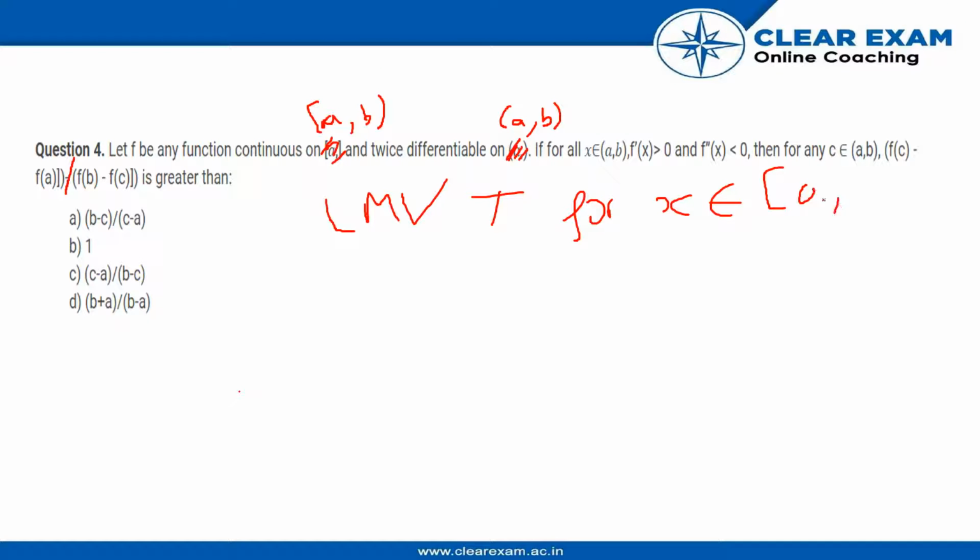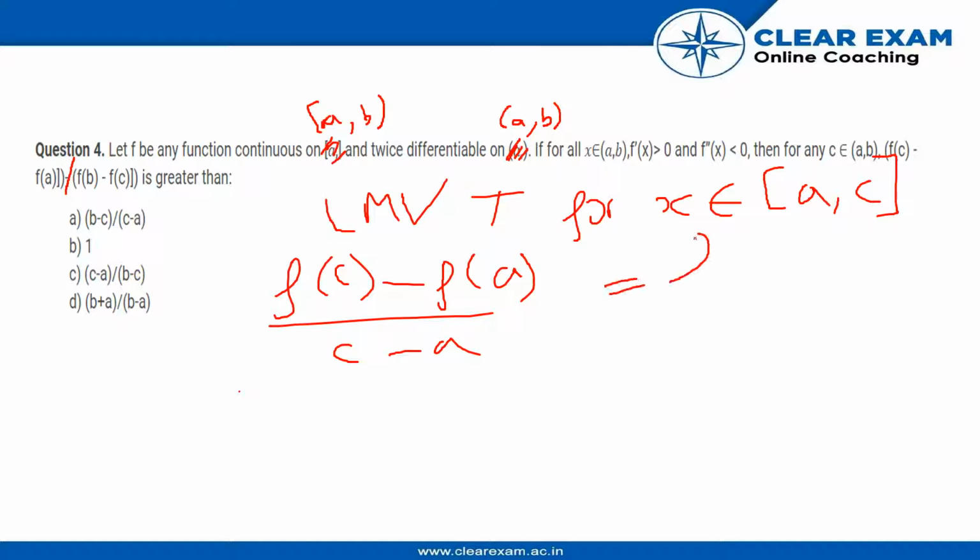(a, c). Okay, so then we have our equation in the question, (f(c) minus f(a)) upon (c minus a) equals f dash of alpha, where alpha belongs to (a, c). So we have to use LMVT for x,